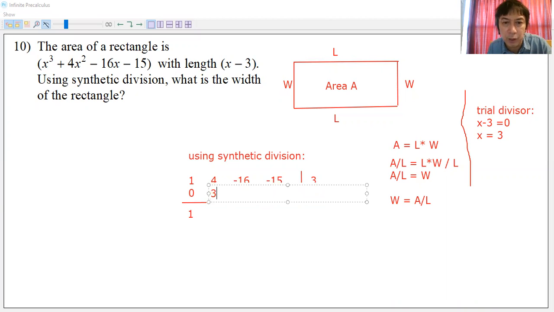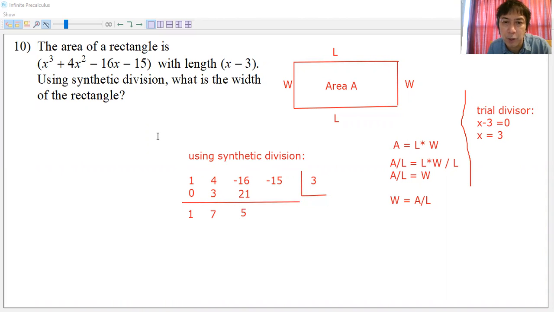That will be 3. This will be our second addition, resulting to 7. Okay. Next product is 7 times 3. That will be 21, to be written below the negative 16. Okay. Here's our third addition, negative 16 and 21. That's a positive 5.